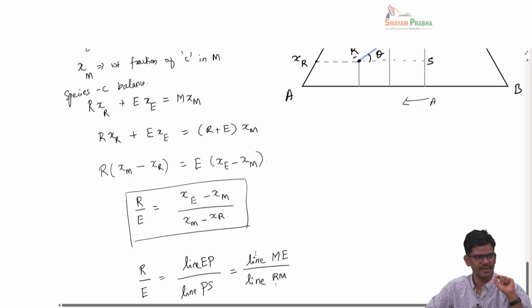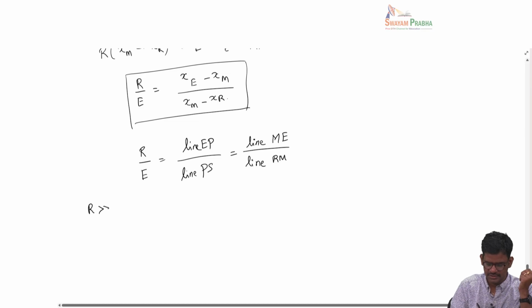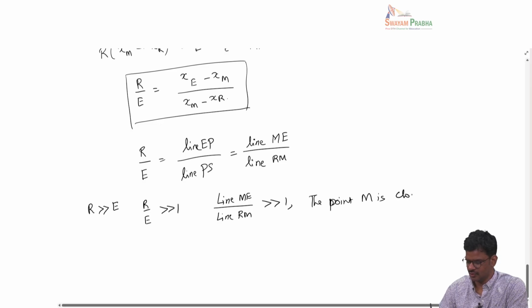Okay. Suppose I have a very large amount of R, so let's say R is in much larger quantity than E. So we know that R by E is much larger than 1. So this means line ME is much larger than line RM. So this means the point M is closer to R. Okay, because this line ME is much larger than MR, so the M is coming more